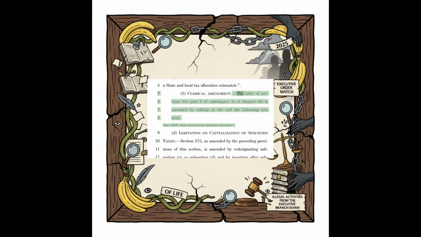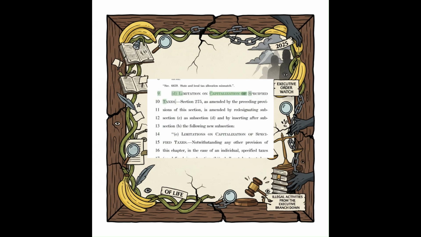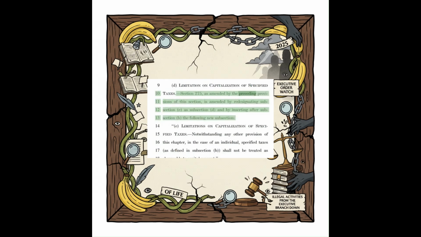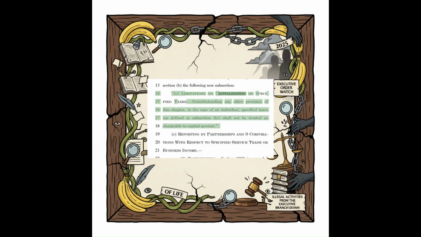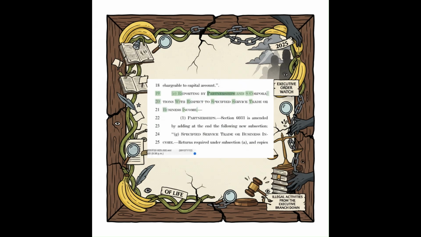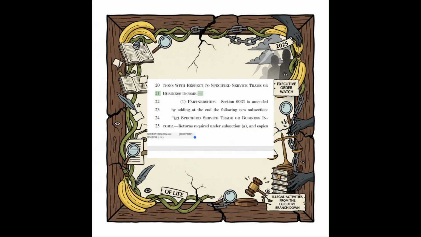Clerical amendment. The table of sections for Part 1 of Subchapter A of Chapter 68 is amended by adding at the end the following new item. Sec. 6659. State and local tax allocation mismatch. Limitation on capitalization of specified taxes. Section 275, as amended by the preceding provisions of this section, is amended by redesignating subsection as subsection, and by inserting after subsection the following new subsection. Limitations on capitalization of specified taxes. Notwithstanding any other provision of this chapter, in the case of an individual, specified taxes shall not be treated as chargeable to capital account. Partnership